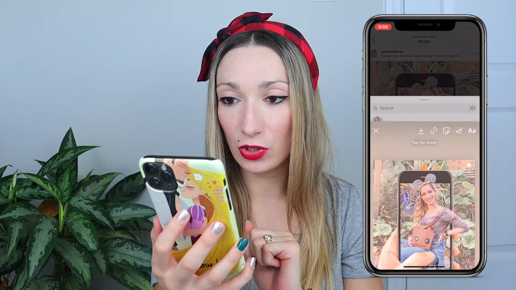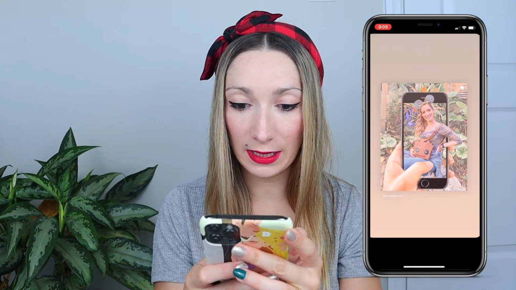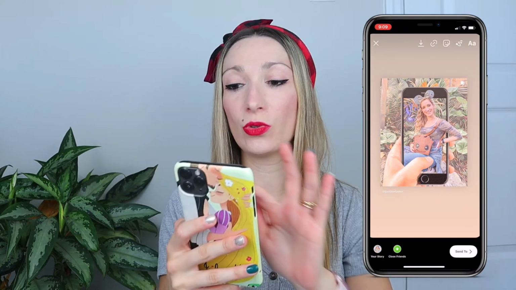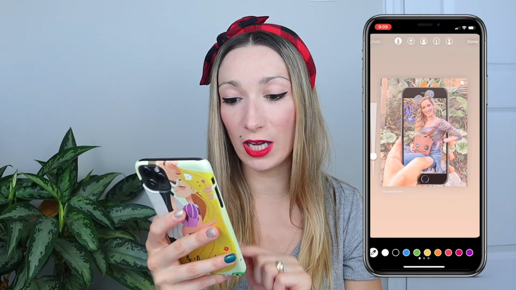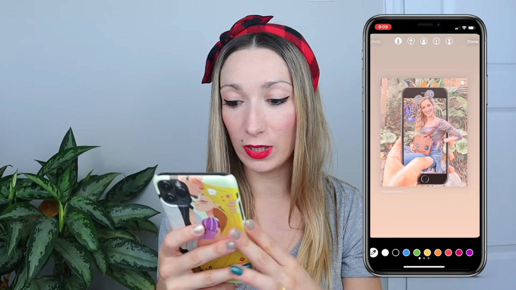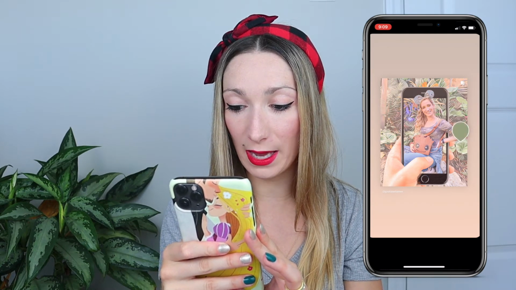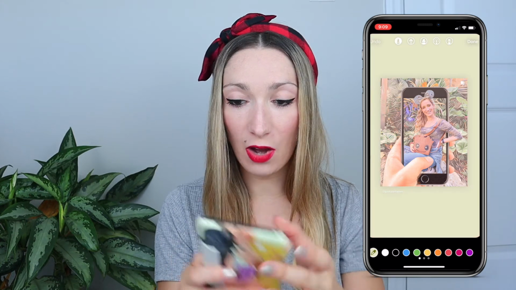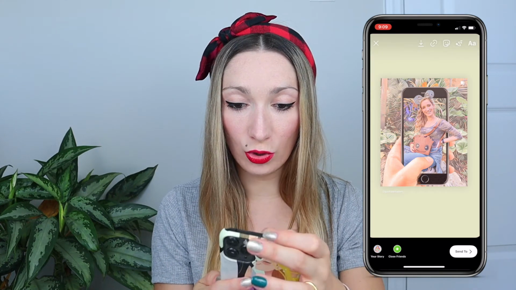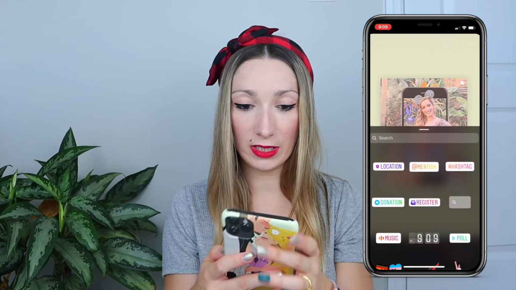We are going to use the brush tool, the fonts app, and some Instagram story stickers. So let's go. What you're gonna do here is add your post to your story, resize it a little bit. We are going to use the brush tool to change our background as we did before. Choose the color that will go the best and now we are going to go in the Instagram story stickers